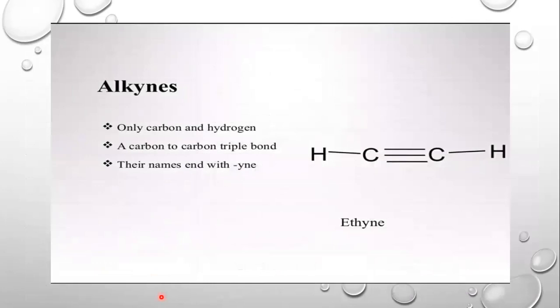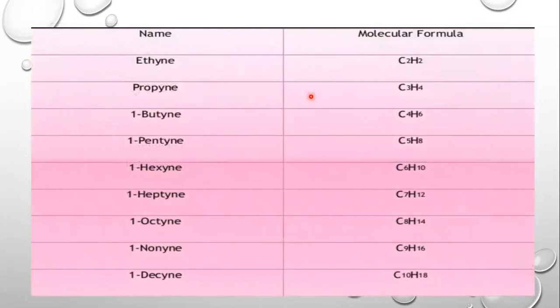The next is alkynes. Alkynes are when two carbon atoms are bonded by three bonds, that is the triple bond, and their name ends in "-yne", Y-N-E, that is ethyne. Its other members are ethyne with two carbon atoms, propyne with three carbon atoms, butyne